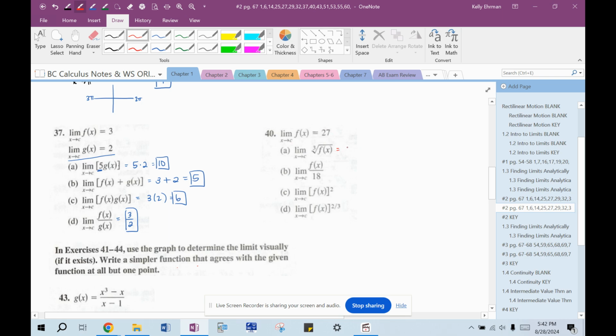So the first one is, what's the cube root of 27? That's 3. This one is 27 over 18. Reduce that by 9, so that's 3 over 2. Next, 27 squared. Honestly, we can leave things like this for our AP test, although 27 squared, we ought to be